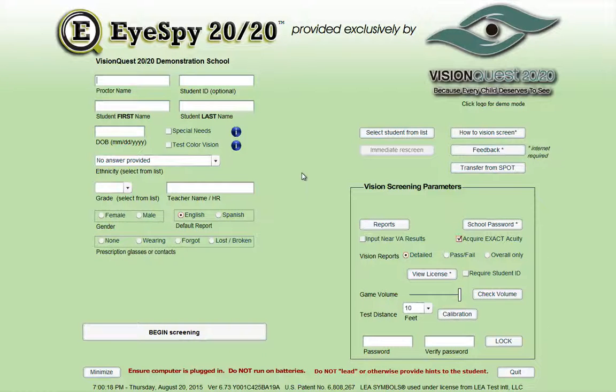Okay, I want to give a quick tutorial on how to save time and not have to input or type in your student information every time you want to vision screen a student. The way to do that is to import your student roster into EyeSpy 2020 and then subsequently select your students from a list that is available on all your computers running EyeSpy, regardless of which computer was used to